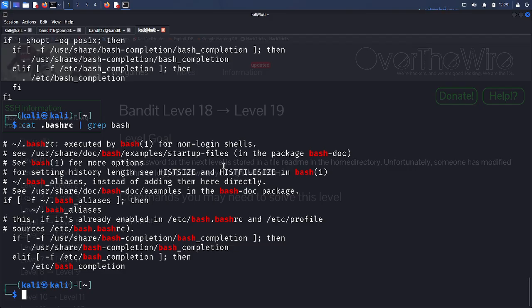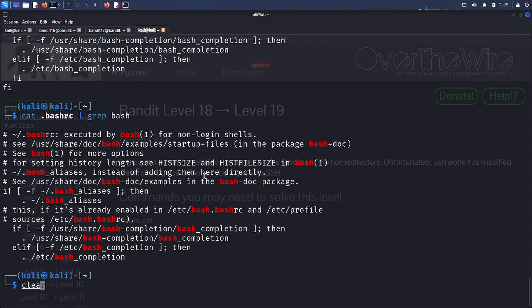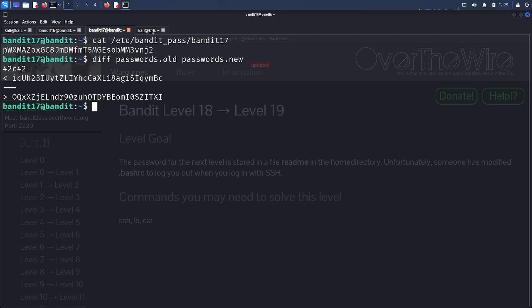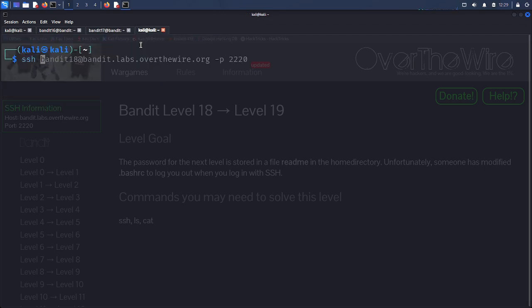Bash for non-login shell. So I guess somebody has modified this so that when we try to log in, we can't log in with bash. So the way to fix that is